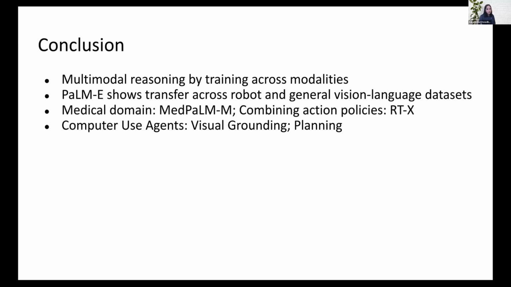We do have some work on the medical domain with Med-PaLM M, and then PaLM-E, a similar follow-on work, combined action policies to build RT-X. And then in computer use agents, which I did not cover in much detail today, we saw the importance of visual grounding and planning, which also has very similar characteristics to what we saw in robotic workflows. And with that, I will conclude the talk.